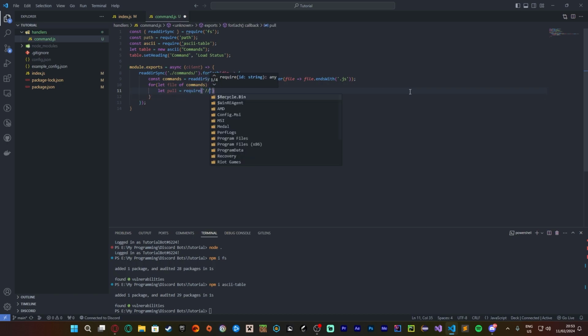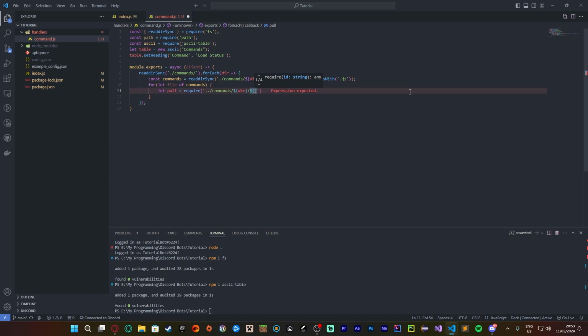I'm going to use these backticks again. We're going to do ./commands/${dir}/${file}. This is basically saying whatever we pull is going to equal the command file that we've got. But then I'm going to do if